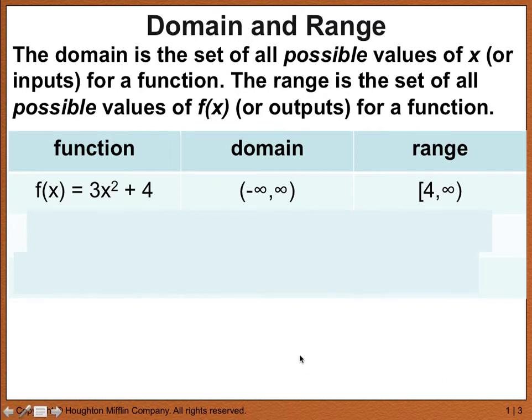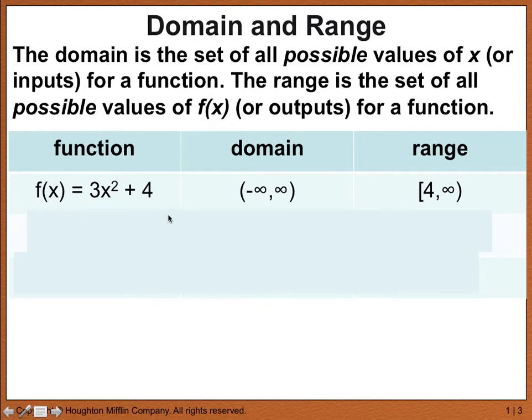The first thing you have to find is the domain, and it's usually helpful to ask yourself this question when you're trying to find the domain: what numbers, if any, cannot be plugged into this function? I'm asking myself this question specifically here. F of x equals 3x squared plus 4, and I ask myself, what numbers, if any, cannot be plugged in? In other words, what numbers will give me an undefined result if I plug them into this function? And the answer to that question is there are none,